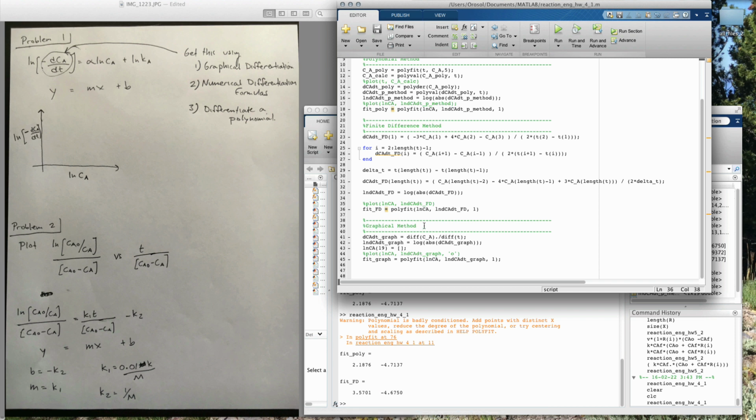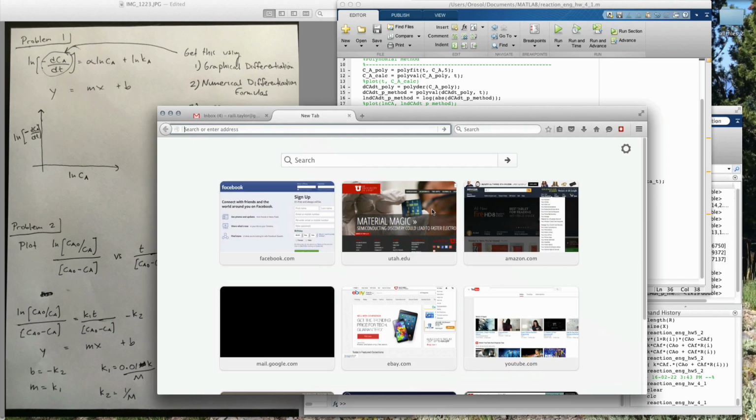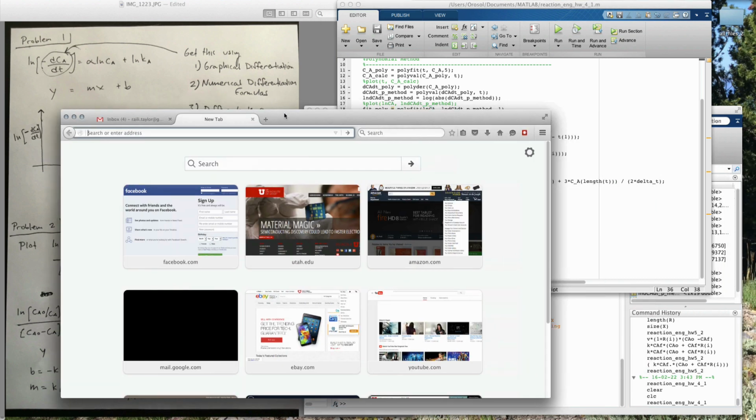And so then using the graphical method, and this isn't exactly the graphical method, but it's what you can do in MATLAB, you can use this diff command. What diff does is it goes down this array and says, okay, C2 minus C1, and stores that in a spot, and then the next spot would be C3 minus C2. I'm sure you already know this, but I'll just look that up real quick. So diff